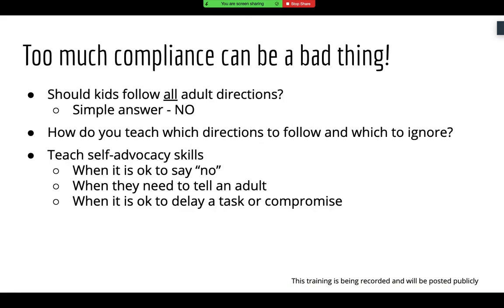Tiffany, I have something to add about that. Yeah, go ahead. What if there was a dialogue between you and the child, maybe asking another adult, if it's not someone as a parent telling them to do something, to make sure that they're not going against what you would want them to do? Sorry, I don't quite understand the question. Can you? So for instance,